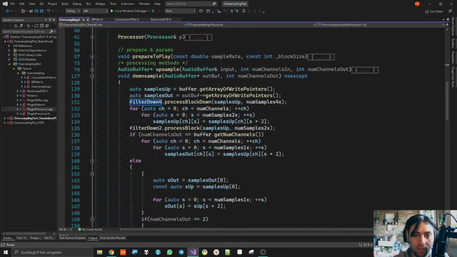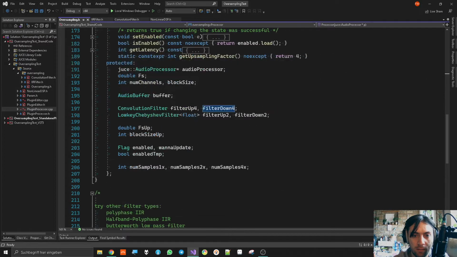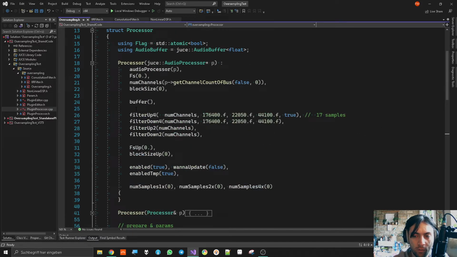Now the thing is, these are two different types of filters that I made. A convolution filter and a low-key Chebyshev filter. And the convolution filter are the up and down filters for the 4x, and the low-key Chebyshev filter are the up and down filter for the 2x. So the initial and more important filters are IIR filters, and this is an FIR filter. And the reason for that is, if an FIR filter has a very wide slope, or a very narrow slope more like,